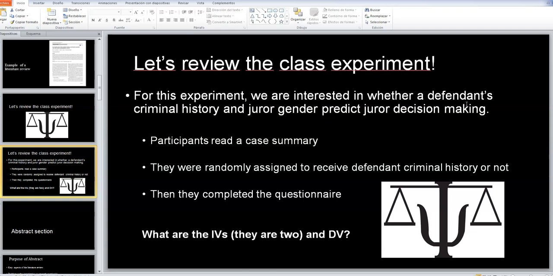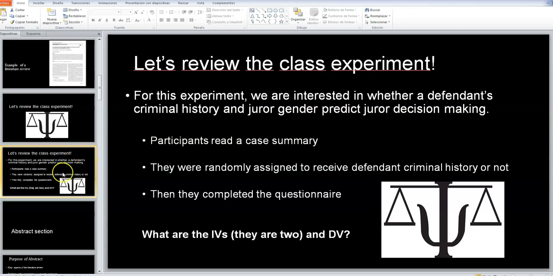So let's say it again, review it again. The independent variables are criminal history and juror gender. The dependent variable is the decision making of the juror. All right, we'll get the data probably by the next week or maybe after the week. No, I think it's gonna be next week. So we talk it out a little bit so we have an idea for what the results came out to